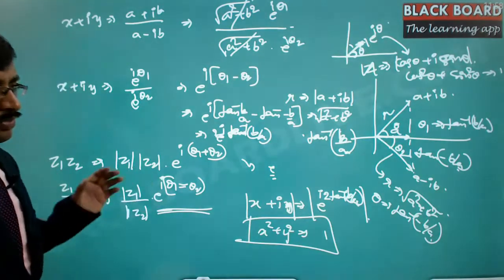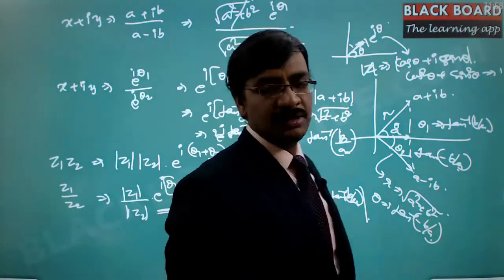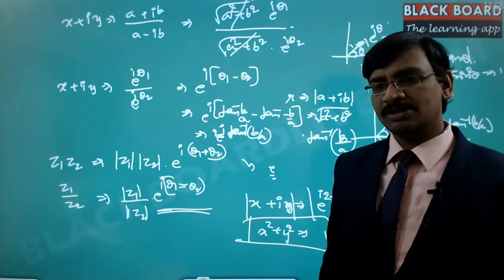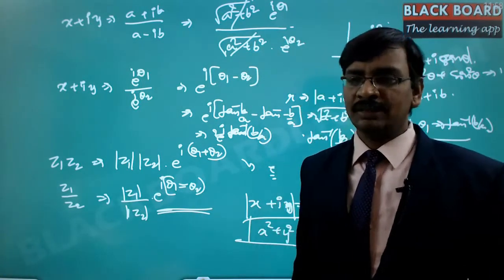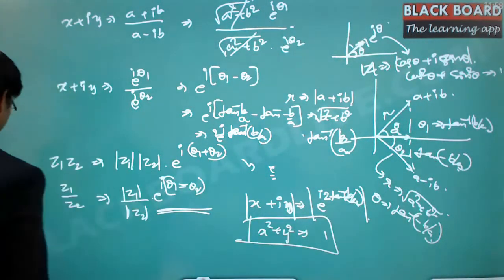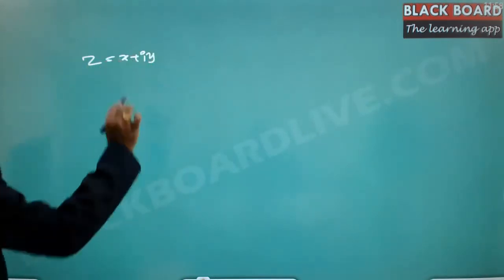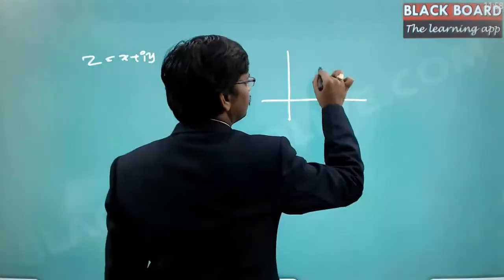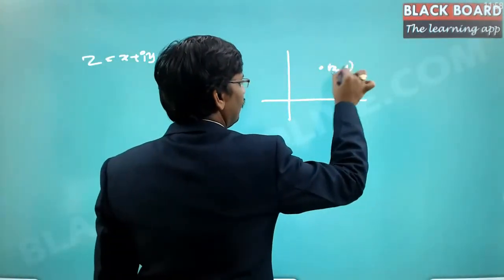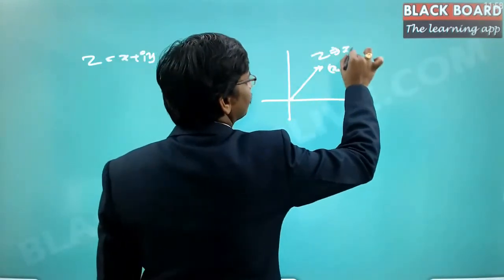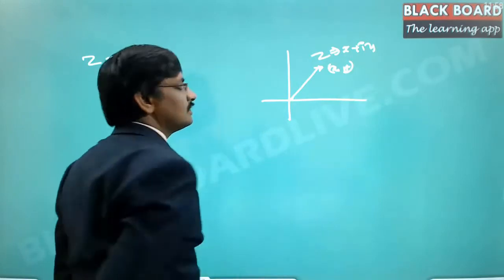So the same problem is solved in the polar form. Got it? So it is up to you how you want to express it. The complex number can be expressed in two different formats. One is the normal Cartesian format, where z can be expressed as x plus iy. So this is one way of expressing the complex number. Same complex number, as I said earlier. So this is the location of x comma y, and this is the complex number z is equal to x plus iy.